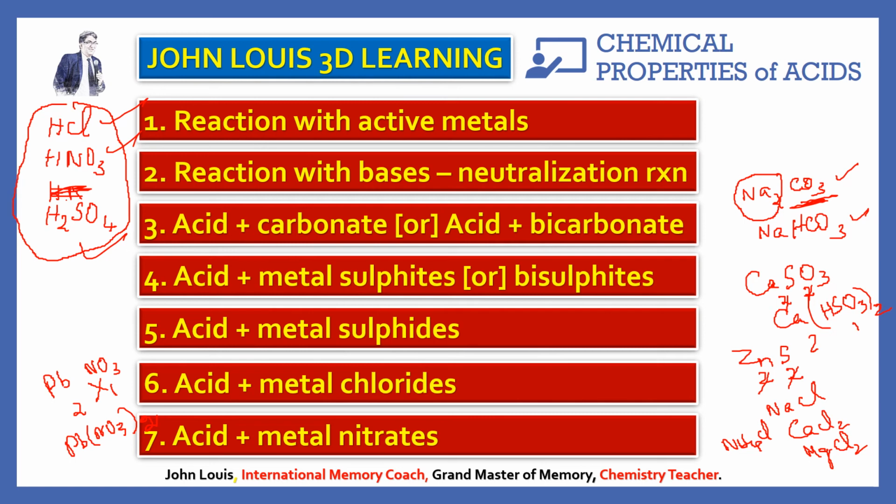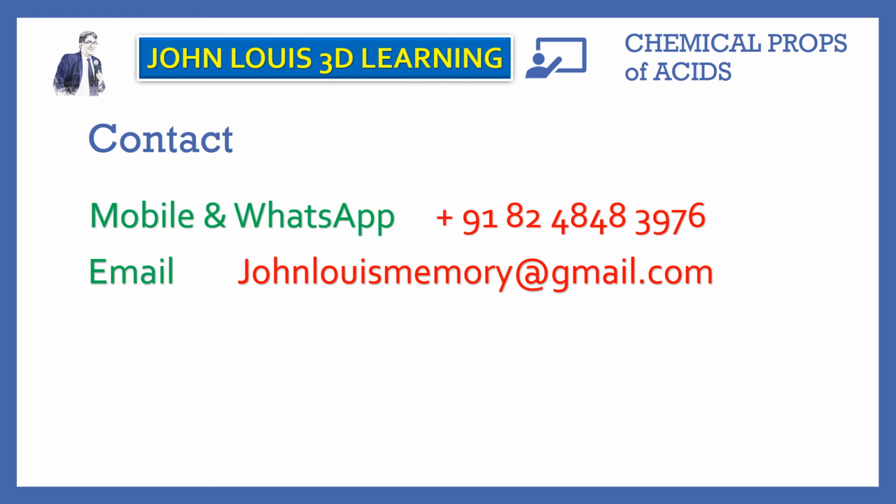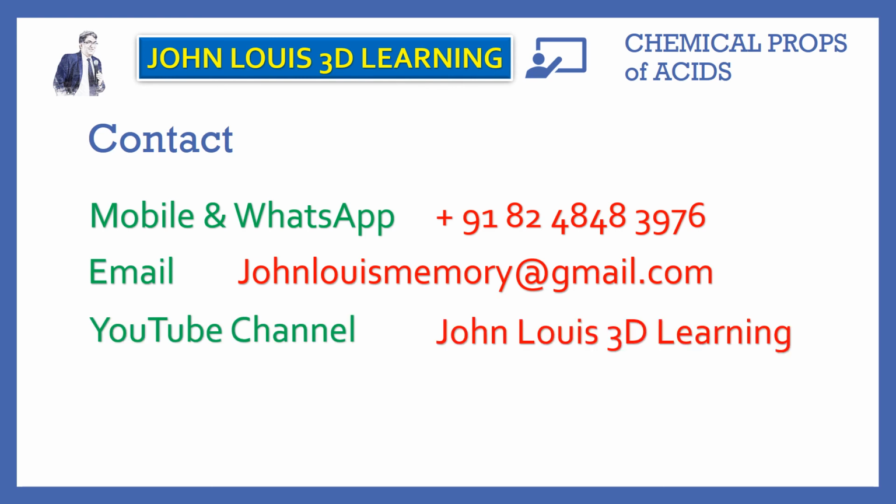So now we can go and see each and every reaction, every type separately in separate videos. Hope you understood this now. So what are the 7 chemical properties of the acids we are going to learn, and the basic idea about the formula of all these things, we have got it. So the very basic thing is you should know the symbols and valencies, and using them how we can write the formula of the compound. That you should know very well. Only then we can learn all the equations effortlessly. Hope you liked the very introduction of chemical properties of the acids.